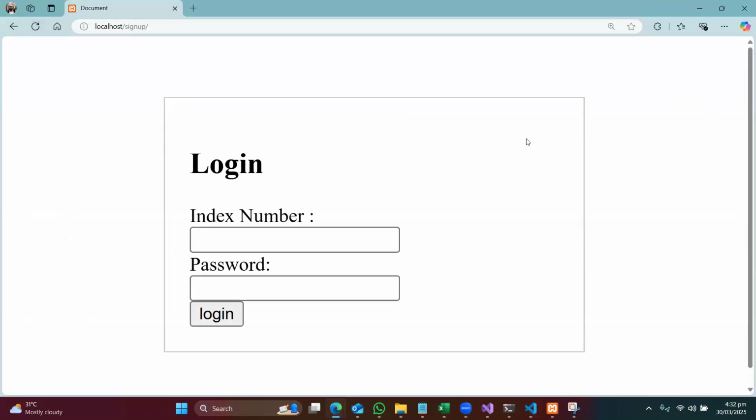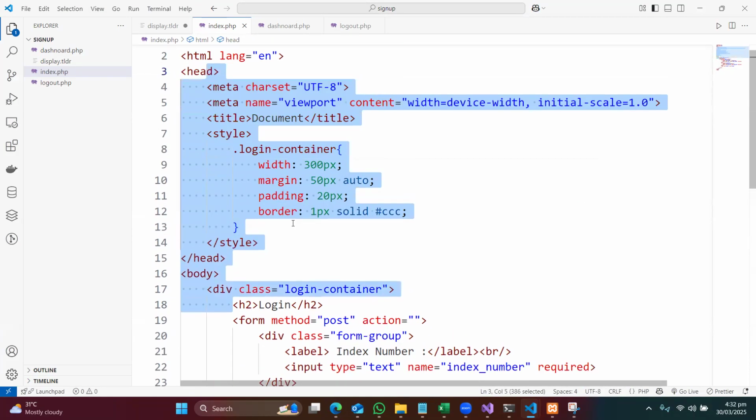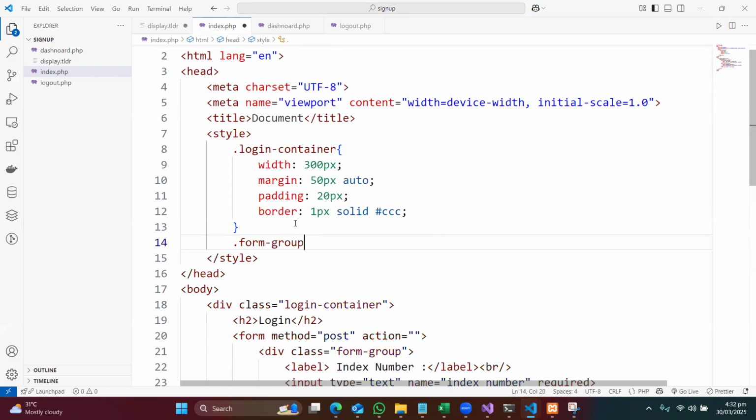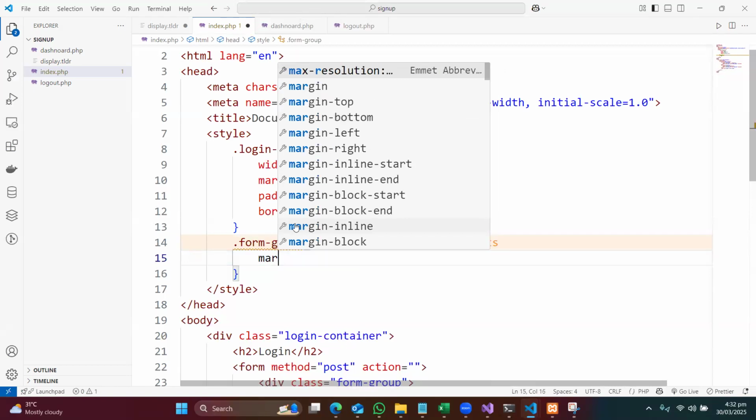Once I do that, you can see that when I refresh my page, everything is in the middle and it is having a nice background at the back like this. It's looking a bit professional, but it's not all that professional. It's not there yet. So I need to make it look more professional. In doing so, I'm going to say that all the form groupings, so over here I have form groupings. So all the form groupings, which is a class, so I'll bring a dot in front, should have a margin to the bottom